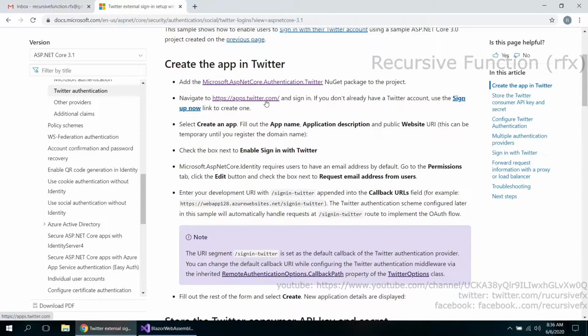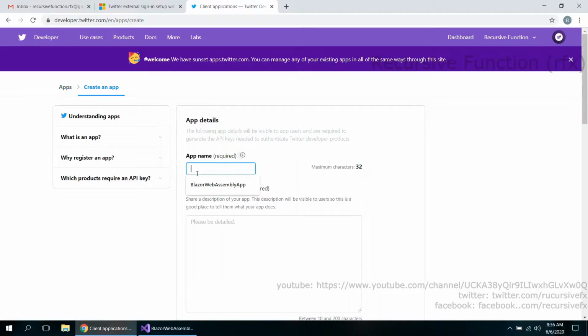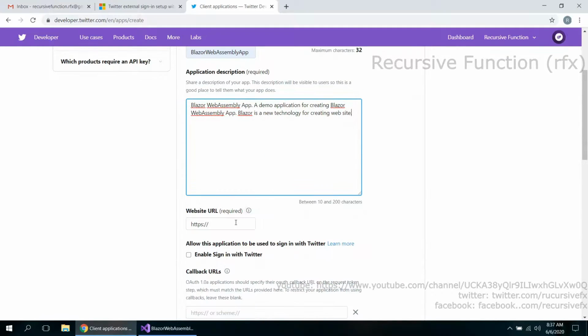Let's go to Twitter. I am already logged in, so let's try to create an app. Let's name it Blazor WebAssembly app and some description. Blazor WebAssembly app, demo application for creating Blazor WebAssembly app. Blazor is a new technology for creating websites, right? So yeah, this is the temporary URL that we're gonna use,